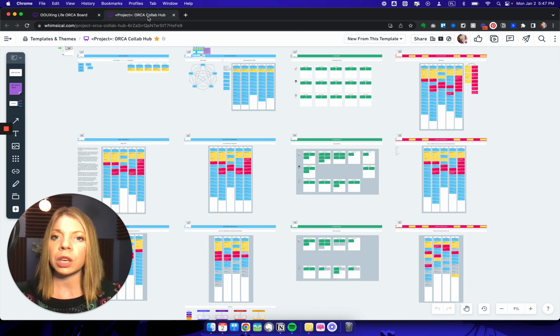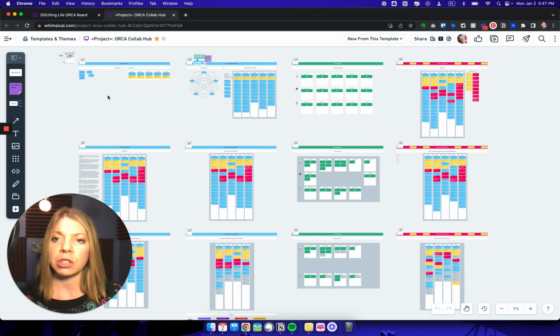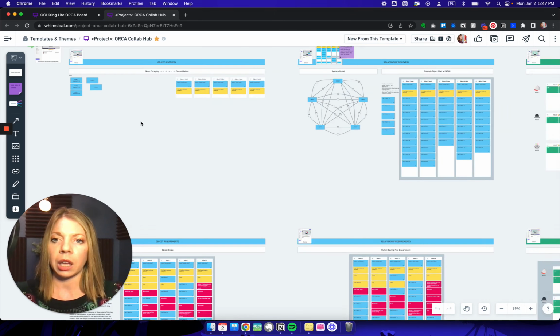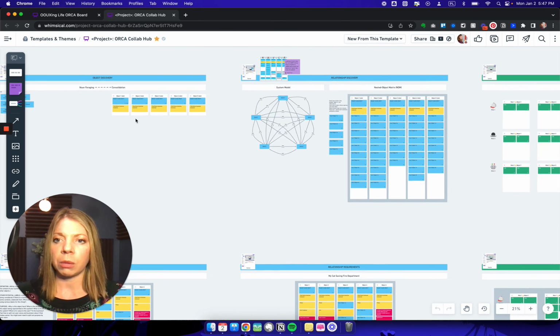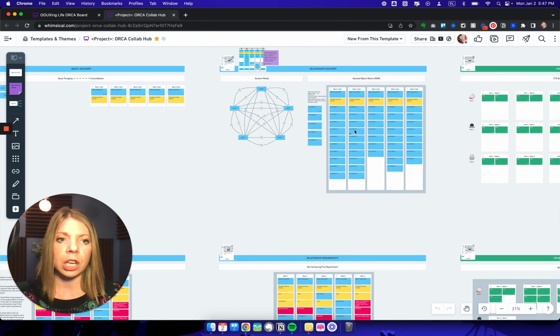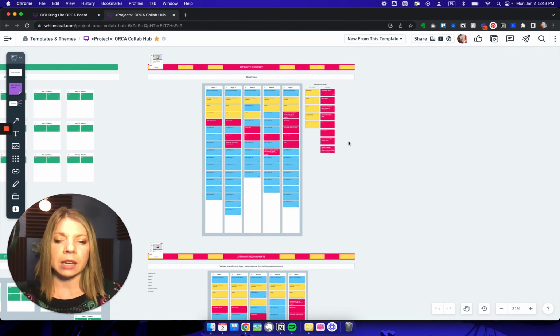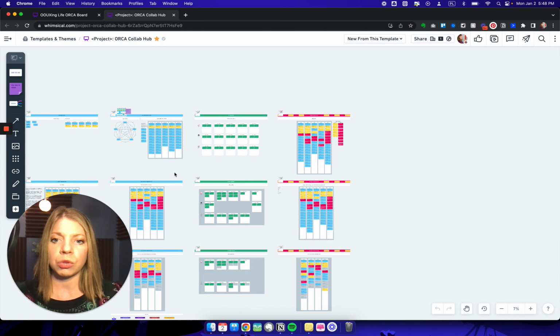Like I said, in that launch guide, you'll get access to this Orca Collab hub. It's great for collaboration or just working through something on your own. You can see this is organized by columns: each column is object, then we've got relationships, CTAs, and attributes. And then this goes through